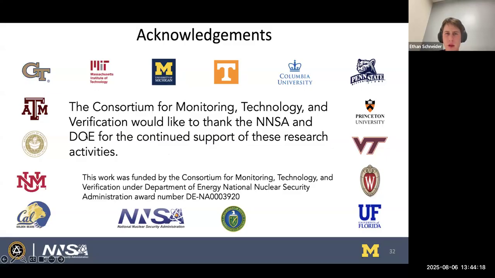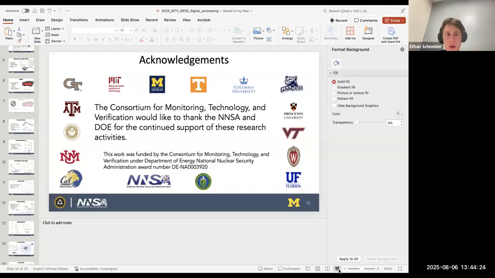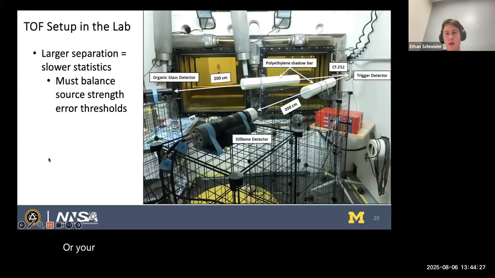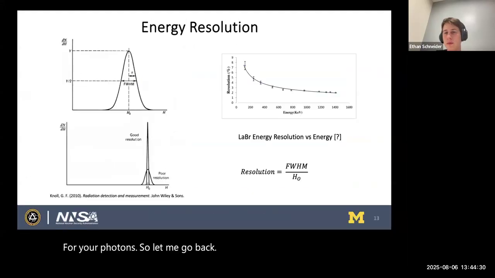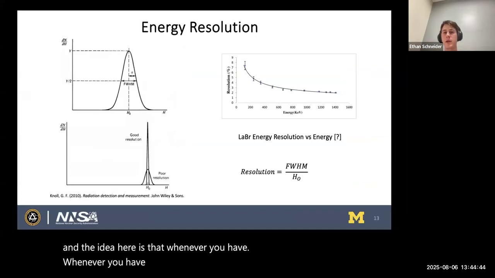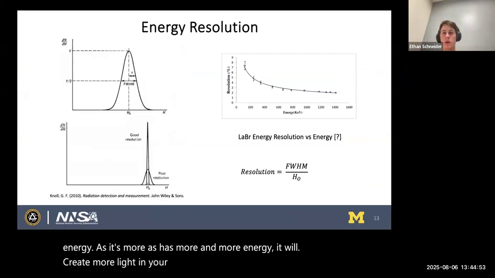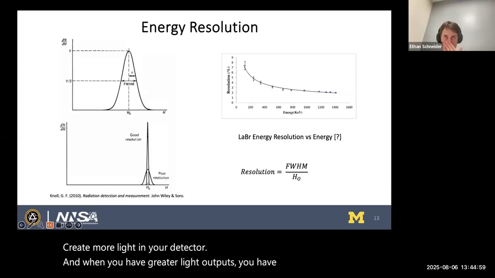Yes, this holds for photons. Let me go back. So this right here is energy resolution as a function of photon energy. And the idea here is that whenever you have a photon pass through your detector with a certain energy, as it has more and more energy, it will create more light in your detector. And when you have greater light output, you have